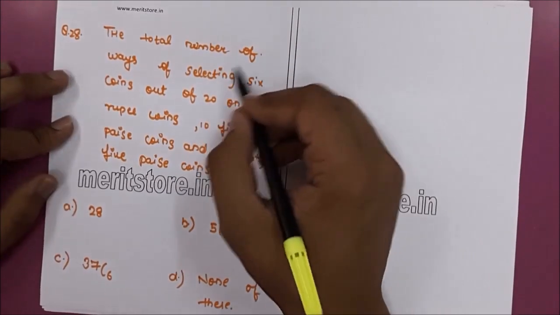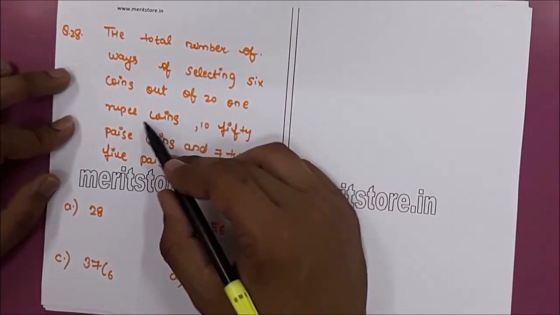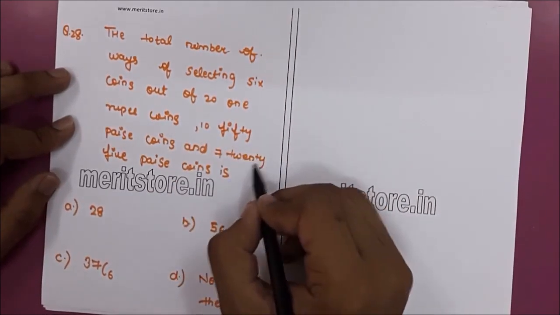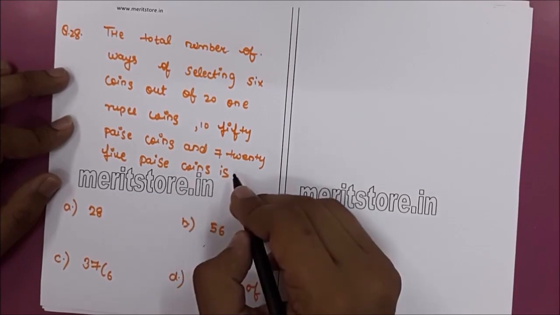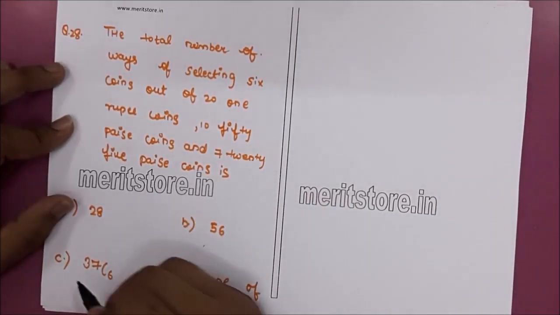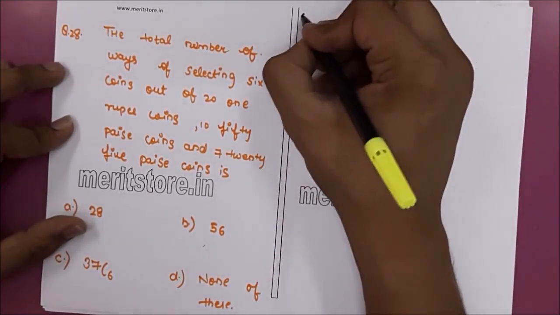The total number of ways of selecting 6 coins out of 20 1 rupee coins, 10 50 paise coins and 7 25 paise coins is option A 28, option B 56, option C 37C6, option D none of these. Therefore, the solution is